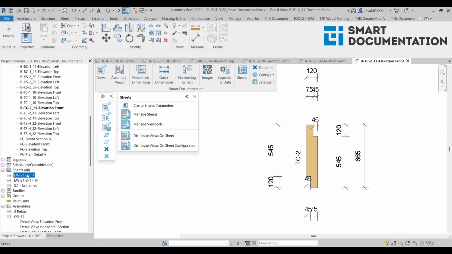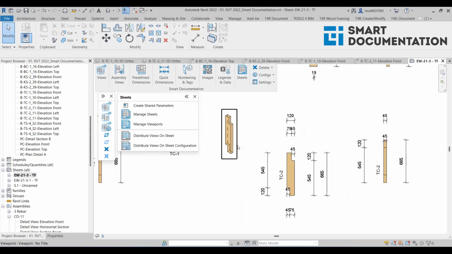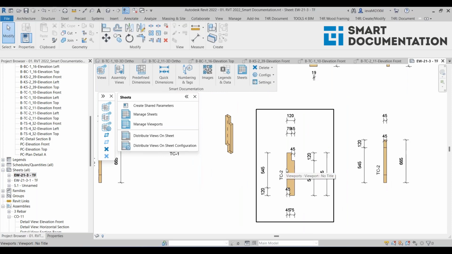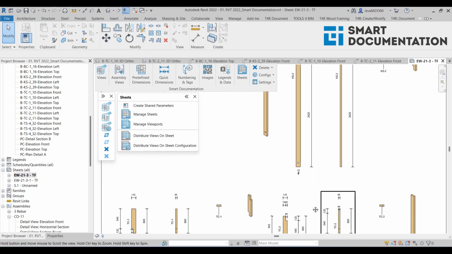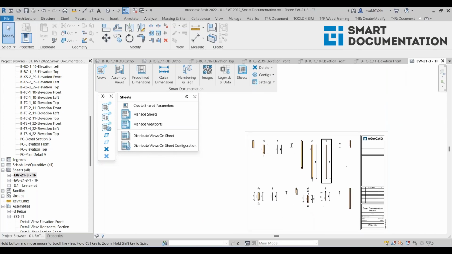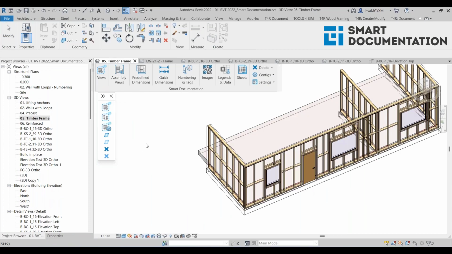The sheets were generated. So here, for example, is one of my sheets, and you can see that I have the 3D view, the front view, and the left view. Right? And that is how we can use the features from Views tab. Okay, and now that we've looked into views and assembly views where all predefined schedules and shop drawings or views are created automatically with dimensions and tags,